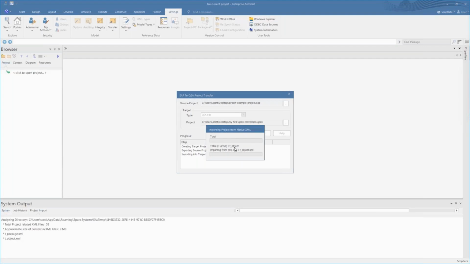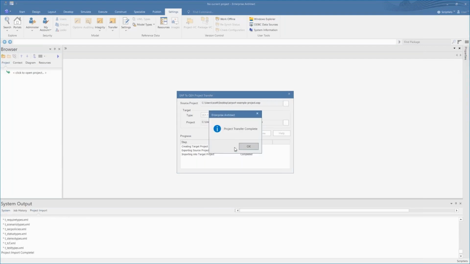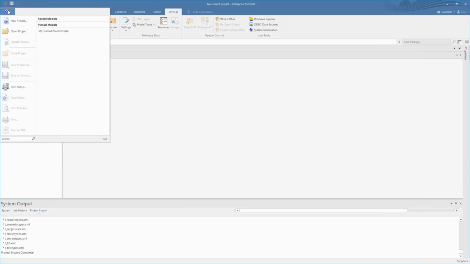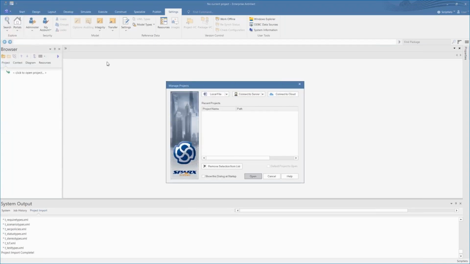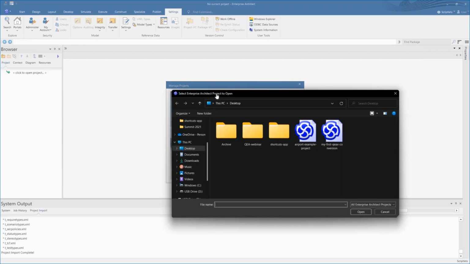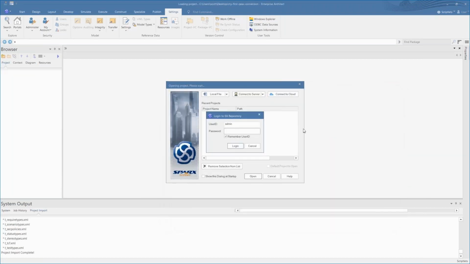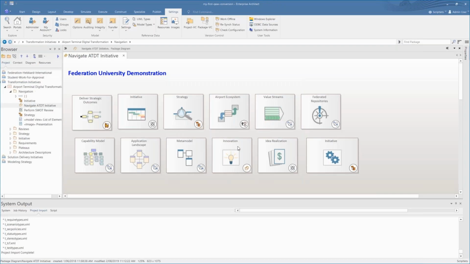I click yes, and as a demonstration, the output appears down in the system output window, and it just took a few seconds. Now, it's not a huge file, but the conversion process is relatively easy to do. It's quick, and you can access that from within Enterprise Architect. I'm now going to open the file and jump in using my credentials.